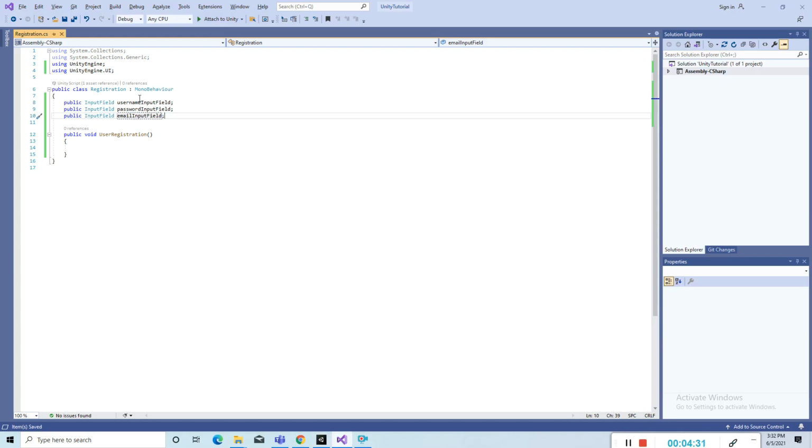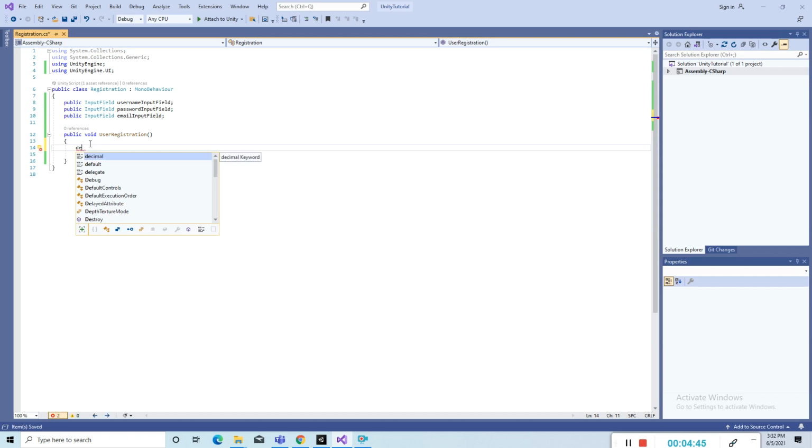Then I can access the properties of the input field using these variables. Whenever a user registers, I have to take input from here. For you, just for displaying some values, I am using Debug.Log to show whatever values the user is giving into that input field.